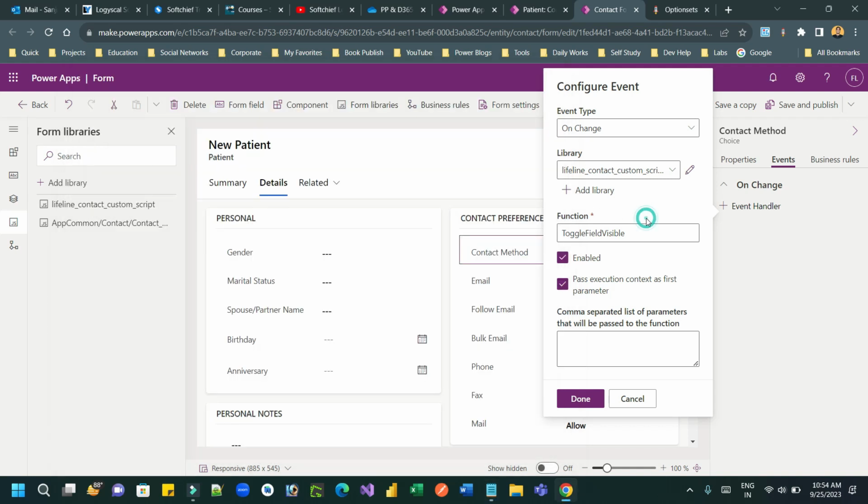Now once it is done, you can save. Now this use case, comma separated list of parameters that will be passed to the function, I will come to after this, right? Because we have to identify a use case for this. It's not just that displaying the demo will work. So if it is required, we will do that. So click on done,